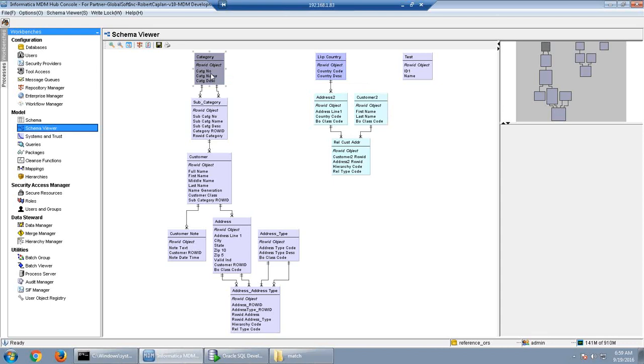If I am in the category base object and I have to use address type, I can go here also, because they are related. So from category I can go to subcategory, then customer, then address type, and then finally to the address, this one. So if there is a relationship, I can go to any base object, but I cannot go to customer 2 and address 2 because they are completely separate here.